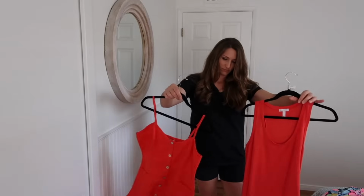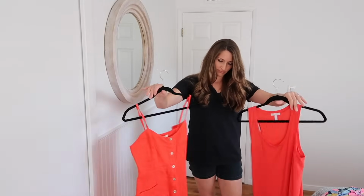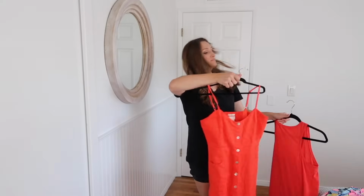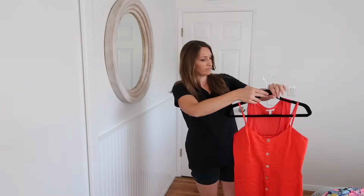Another thing you can look for, kind of a red flag if you're trying to downsize, is having duplicate items. And I'm not saying one or two of something, I'm talking 5 or 6 white tank tops or black tank tops or something that you might wear often, but maybe you don't need so many. So looking for duplicate items or anything that is uncomfortable or makes you feel uncomfortable and makes you want to